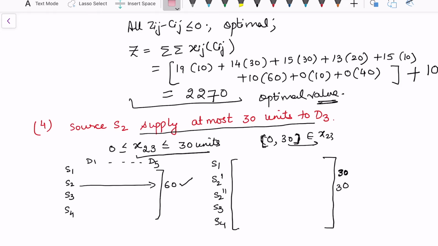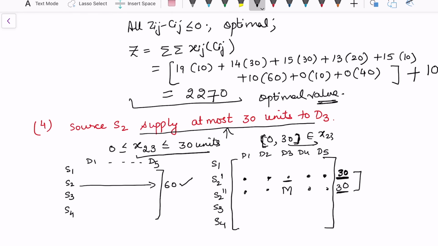And I'm also blocking the quantity D1, D3, D4 and blocking the quantity S2 to D3. So, this 30 and this 30 unit can go anywhere because it is at most, but this 30 should not go to this M. So, that means the choice for this S2 dash to D3 is at most 30 and this remaining 30 can go to these places. Okay, so the corresponding cost in these cells are same. The cell is split just to ensure that this condition is fulfilled.